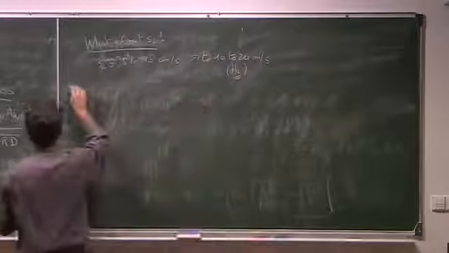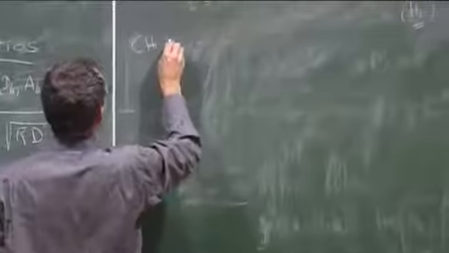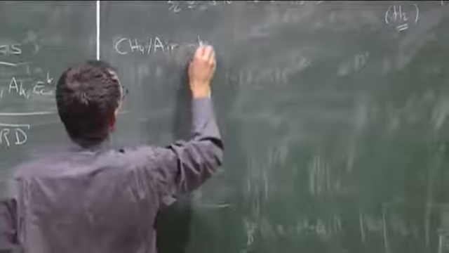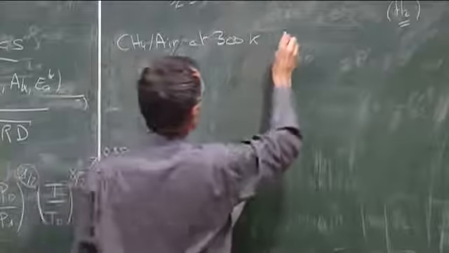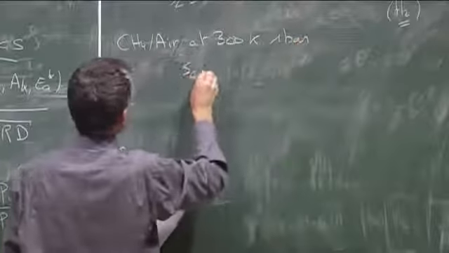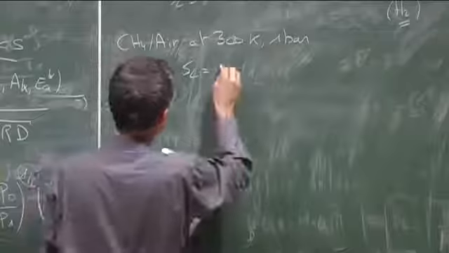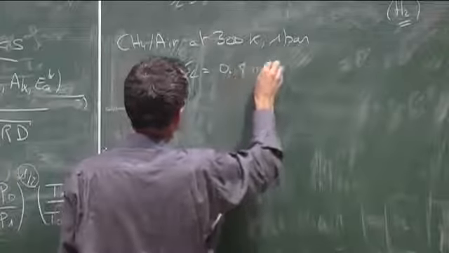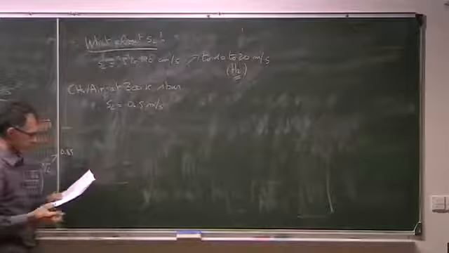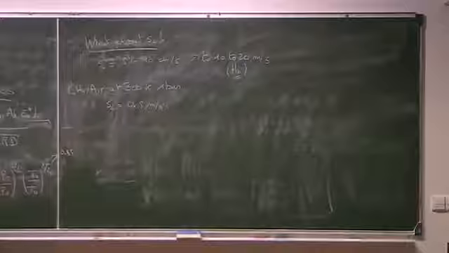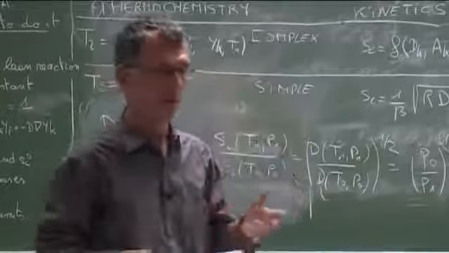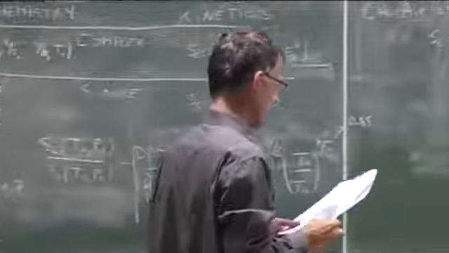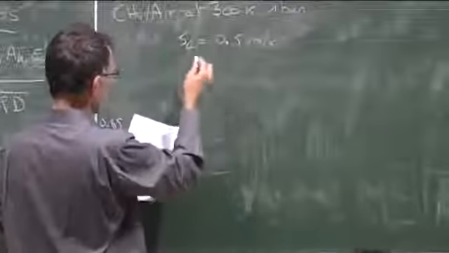So if you look, for example, at CH4 air at 300 K and 1 bar, the flame speed will be of the order of 0.5 meters per second. That's the maximum flame speed. 50 centimeters per second. It means if you would ignite a flame in this room, you would see it moving, okay? It doesn't go that fast. You wouldn't have time to leave the room, but still, you would see it coming. Not nice. And what is the diffusion coefficient?